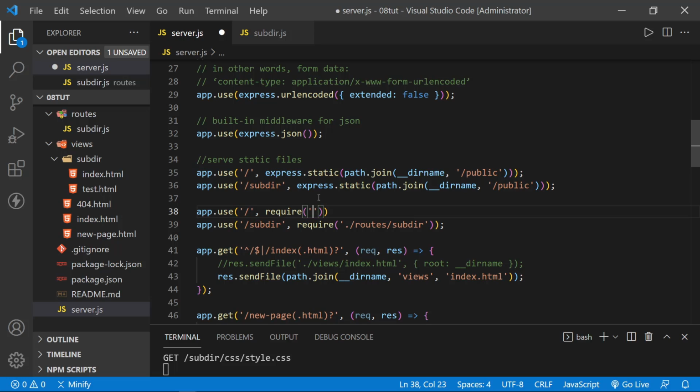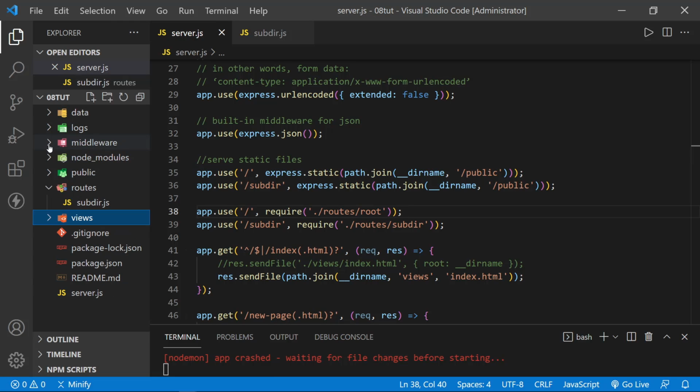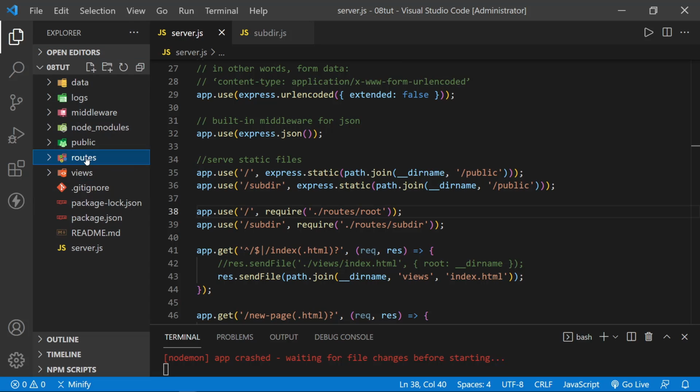Let's go ahead and create a router for this root directory here. So let's say ./routes/root, and now I'll add the semicolon, one more over, and save. And now we need to go ahead and create this route because right now it doesn't exist. So let's go over here to the file tree. I'll collapse the views folder. We don't need to see what's open there, but inside of routes, let's go ahead and create this